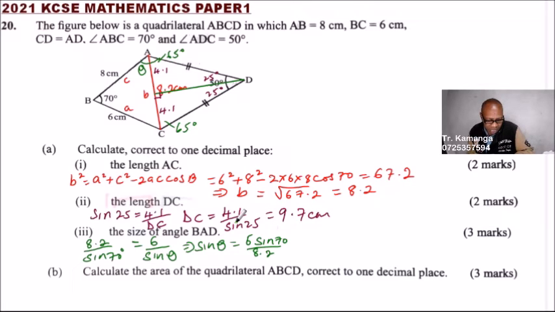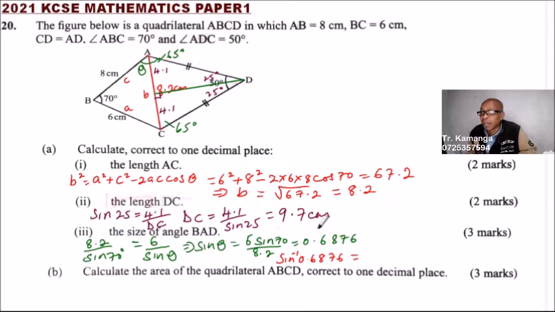5.6 divided by 8.2, and I'm getting 0.68, to 4 decimal places, 0.6876. So once you get there, then you say sine inverse of 0.6876 is equal to... you can use a calculator. You press inverse, you press sine, that will give you sine inverse of the answer, and that